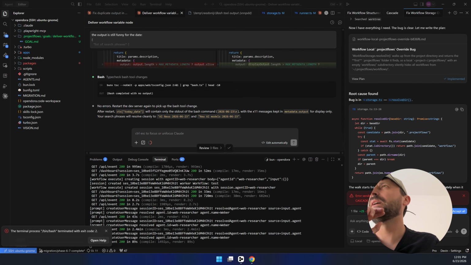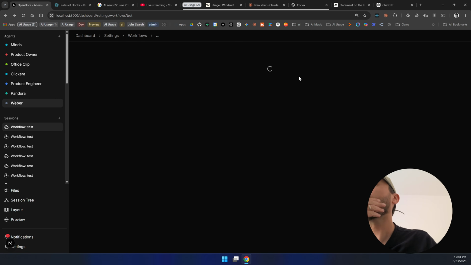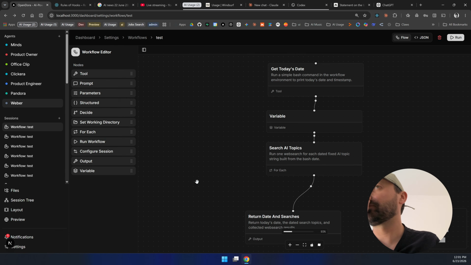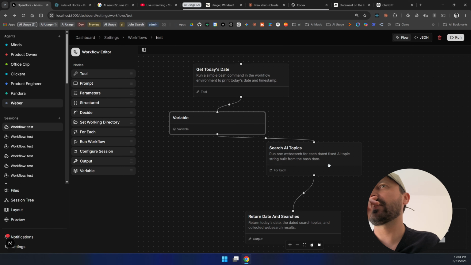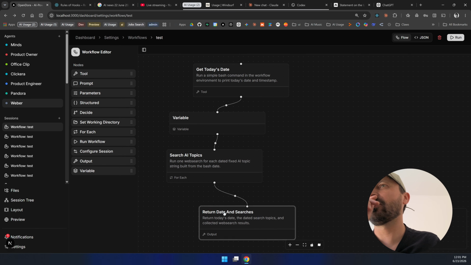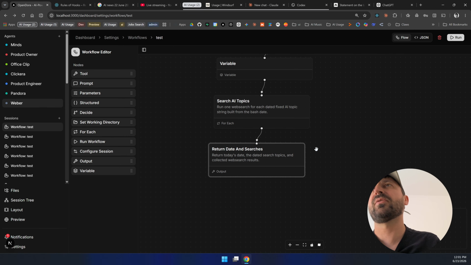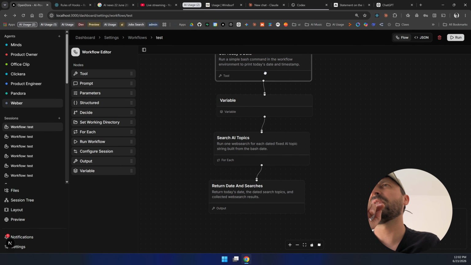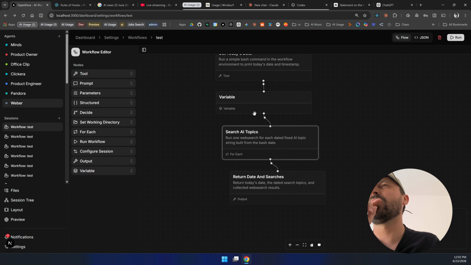So we've got our node that we can use for setting up variables. We've set up the variables, we use for each to do the search, and we return something. Now, the workflows need a little bit of work, but I think I am getting closer,